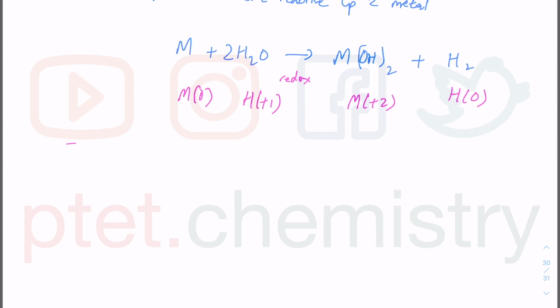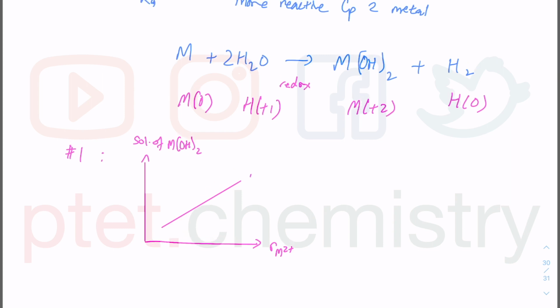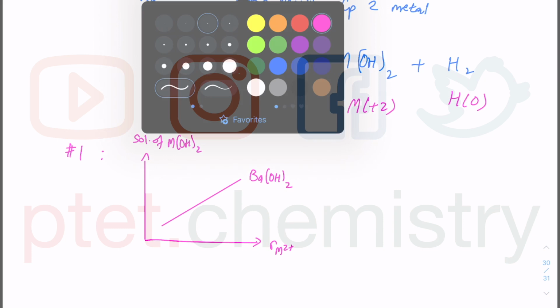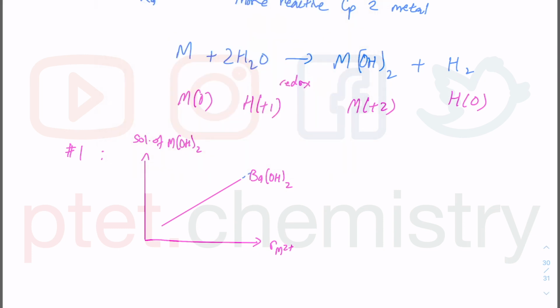Now to statement number 1. This is to do with the solubility of the hydroxide. As we know, going down group 2, so if I just say the radius of the cation, this is the solubility of group 2 hydroxide. In AS, the candidates are expected to be able to state that the hydroxides become more soluble down group 2. If I imagine this as barium hydroxide, usually I don't talk about radium hydroxide, but you can imagine that radium hydroxide would be even more soluble,